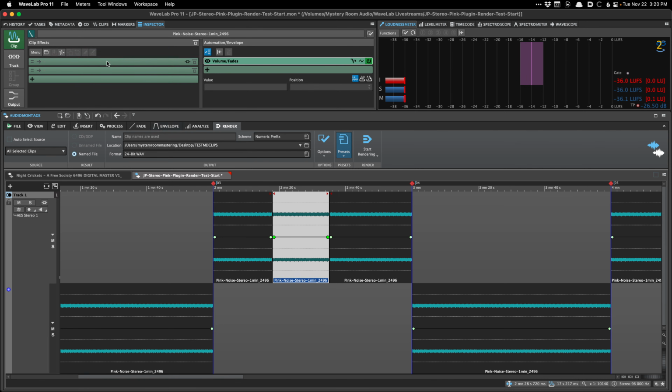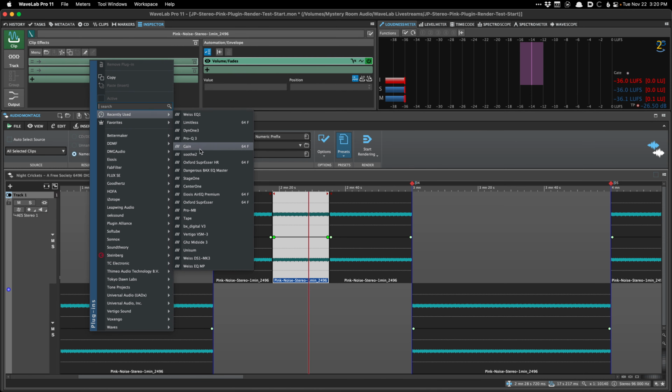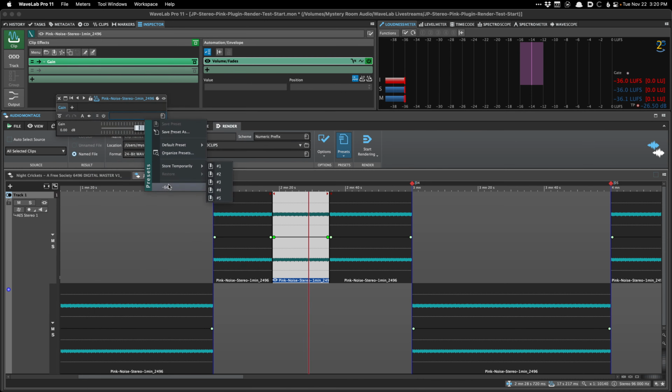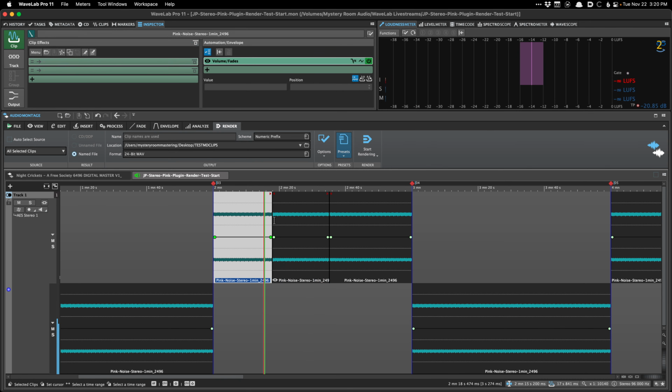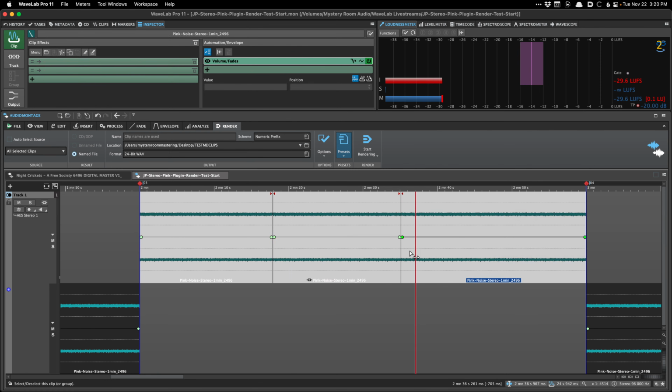I just split this song up into 3 clips. Sometimes you have to do strange things. I split the song up into 3 clips, and I'll put a plugin on the middle section. Let's say the middle section of the song needs a different set of processing. And this can be kind of hard to deal with. Let's say this is something you're really sure that you want to do. So you can select